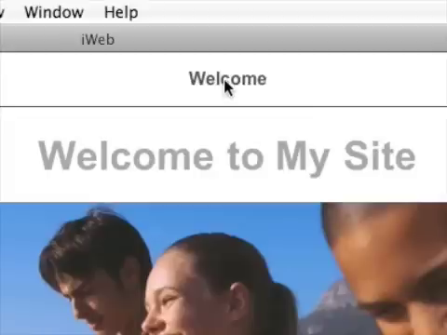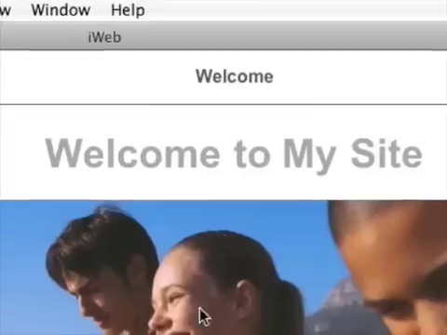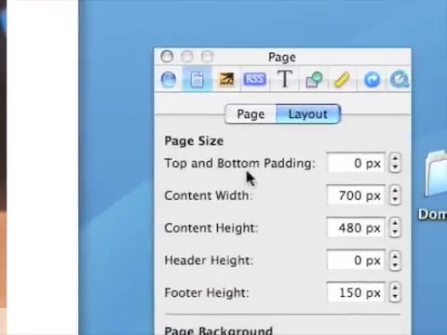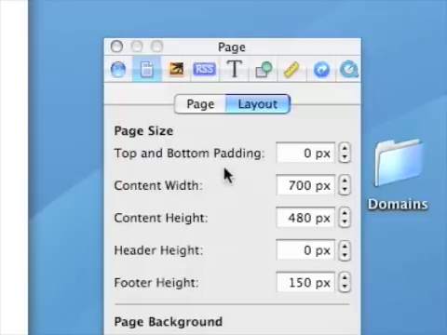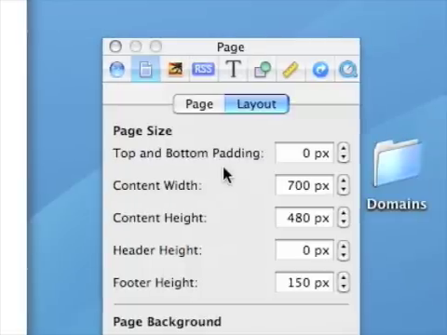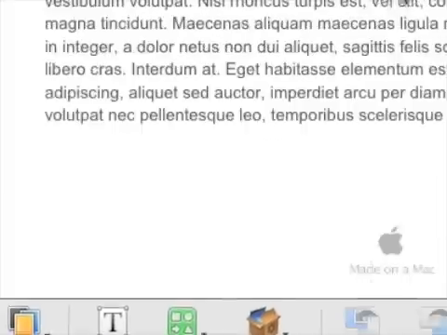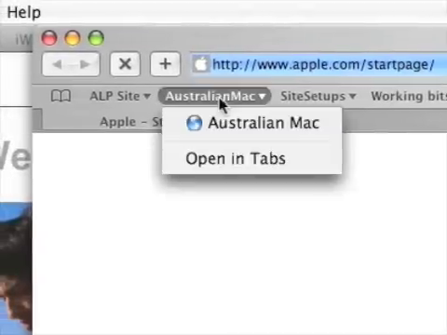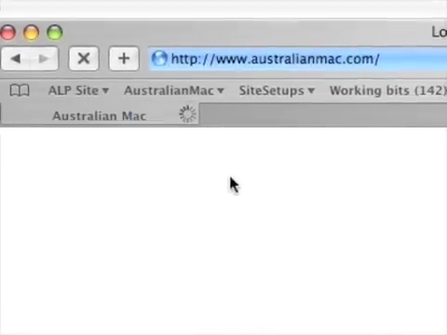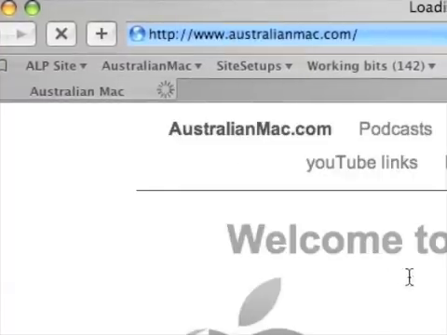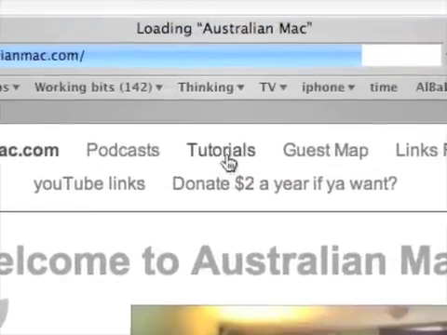It's better to have one page that you click to, and then that page takes you off to another page which has a number of things that you can click on, so people can see the whole layout. If you look at my site and click on tutorials, you'll see that I've got a layout on that which does it. In fact, we might just do that to show you. So I'll open it up in Safari and click on this, australianmac.com, and actually it's going to open up not at the front of the site. Oh, it has opened at the front of the site. Click on tutorials before I start talking,